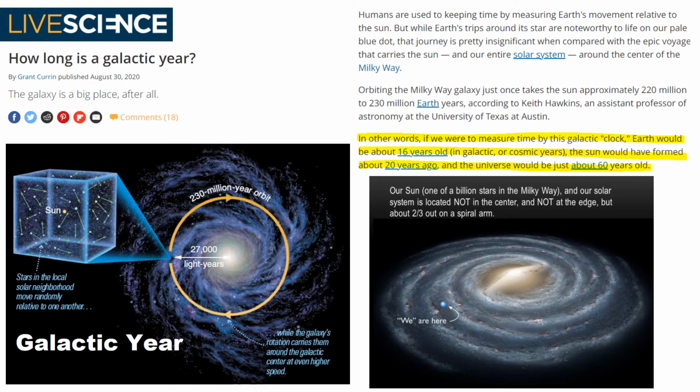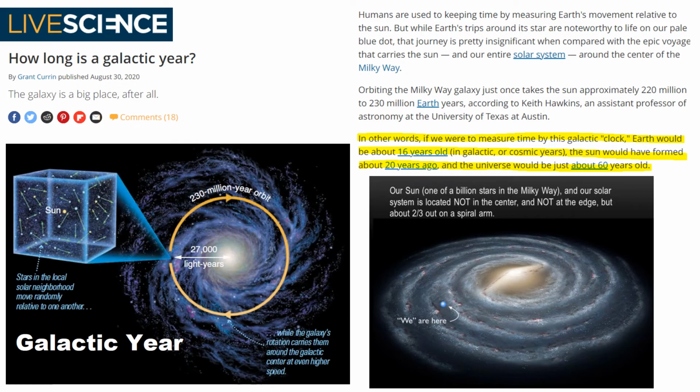And one of the ways to understand that is this concept that exists in science concerning a galactic year. Now, you may ask, what exactly is a galactic year? In our particular solar system, we consider time based upon going around the sun. All the planets in our solar system go around the sun, and each planet has a different concept of day, for example, or time, based upon what it takes for it to go around the sun. Now, when you get to our galaxy, for example, the Milky Way, the solar system that we're in is a part of the Milky Way